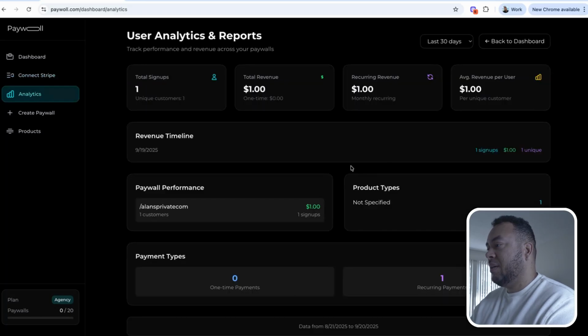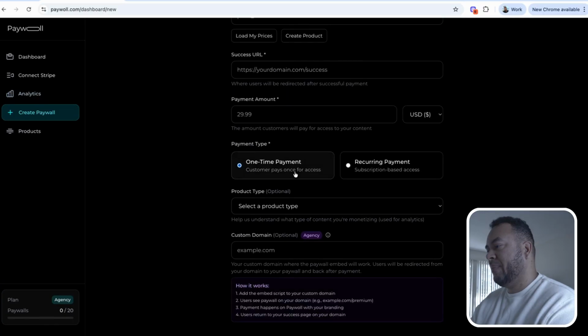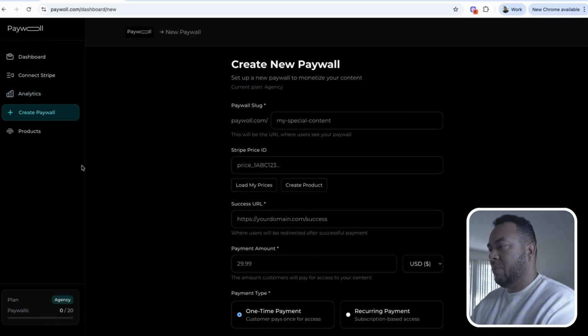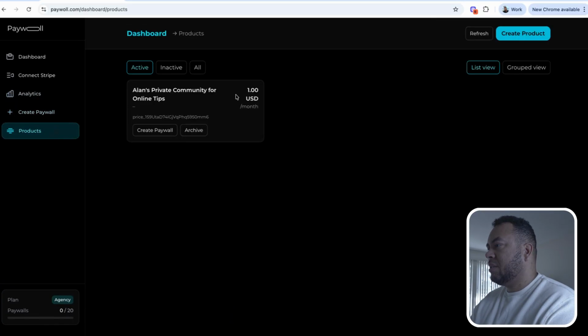Now we can see all our analytics. So how much total signups we have. We've got 1 sign up, how much revenue, recurring revenue, average revenue per user, all types of analytics and KPIs you can manage here. Obviously, create your own paywall again. On the agency plan, you can create up to 20 paywalls. Products here, you can add your products here as well. So